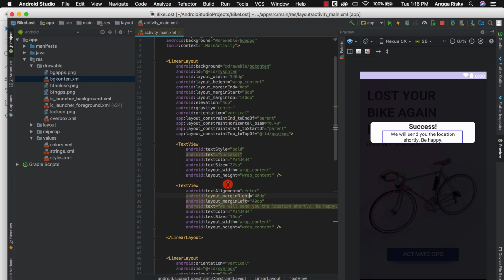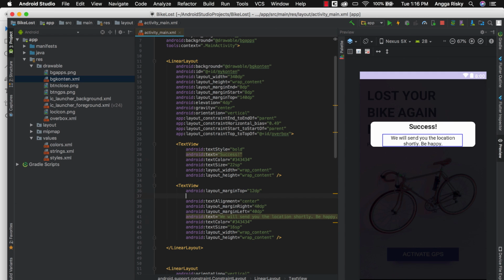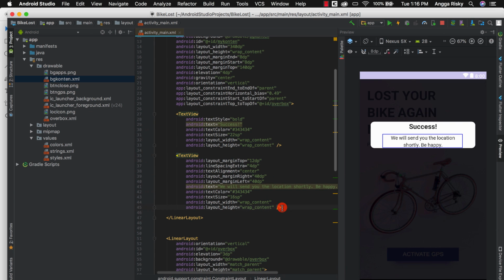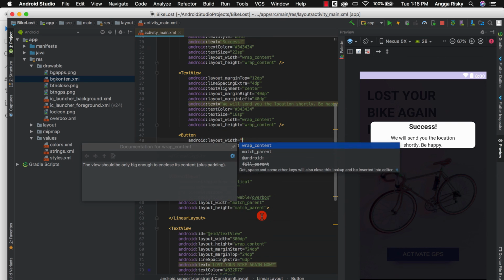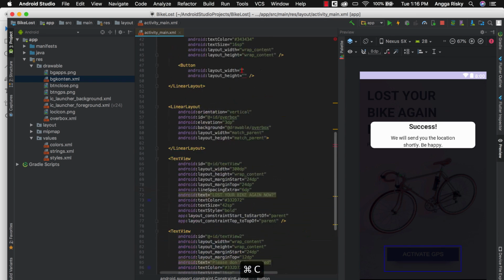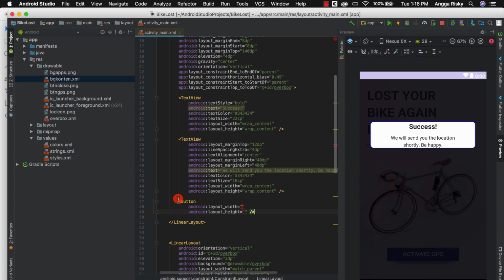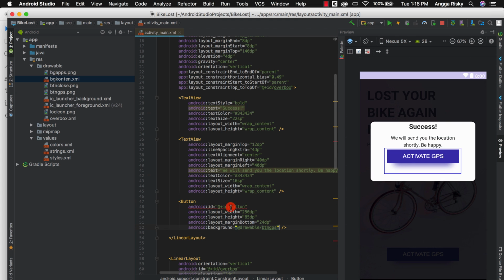Yeah, and then margin top 16 dp. No, it's too far, 12 is enough, and line spacing extra 4 dp. Okay, cool. And below the text view we need the button, so I think I only need to copy the button from over here, and then you remove this because we don't need this.